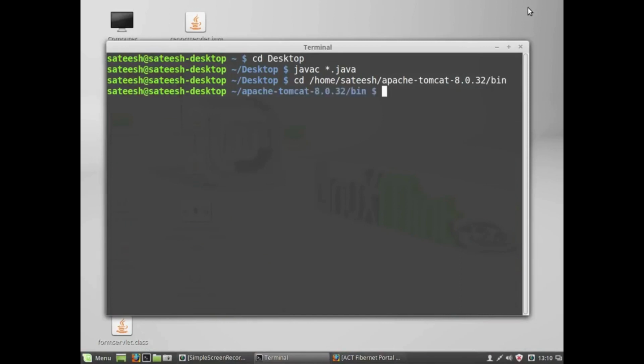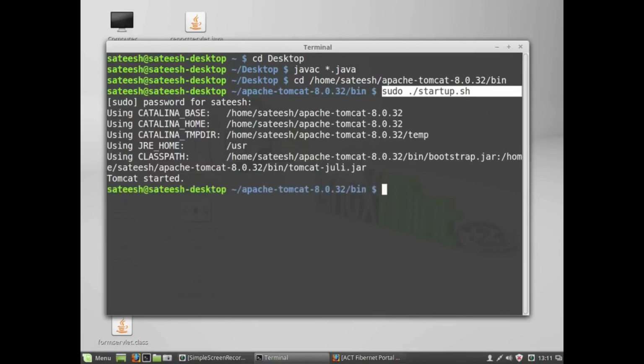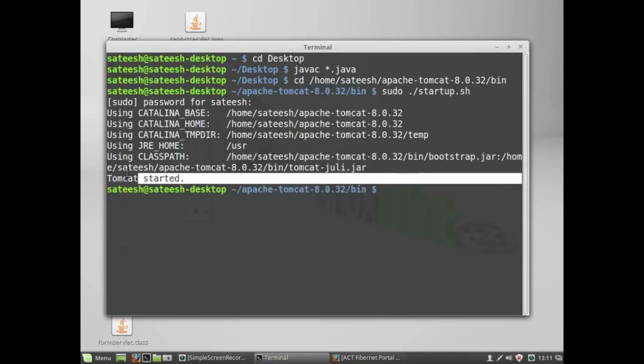In bin, there will be a file called startup.sh. We need to start the service of Tomcat. I've used the command sudo because we need to start the service using root credentials. Tomcat is started successfully. Now we can deploy our application.